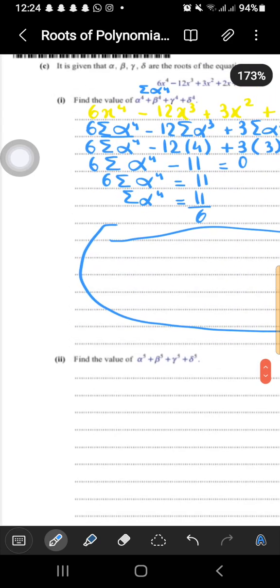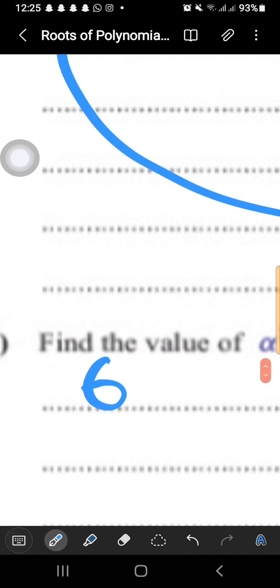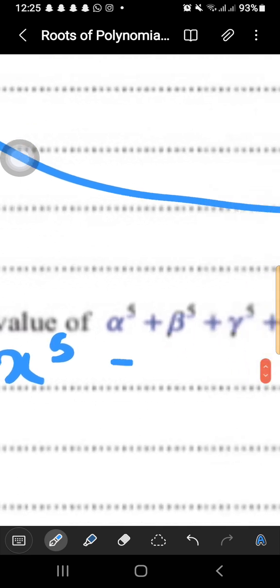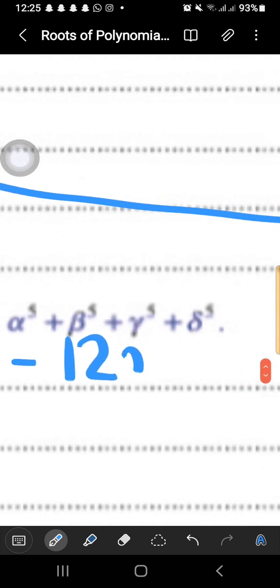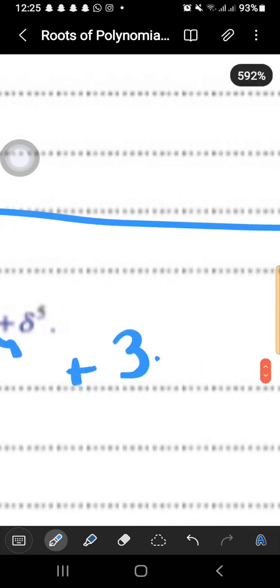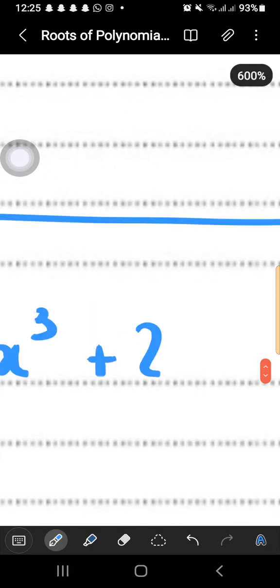Now here we will multiply the given equation with x to make it an equation with power, to get a polynomial of degree 5. Okay, so make it 6x power 5 minus 12x power 4 plus 3x cube plus 2x square